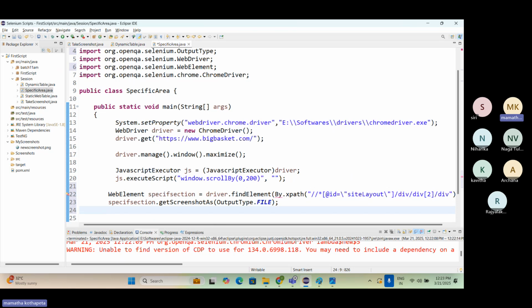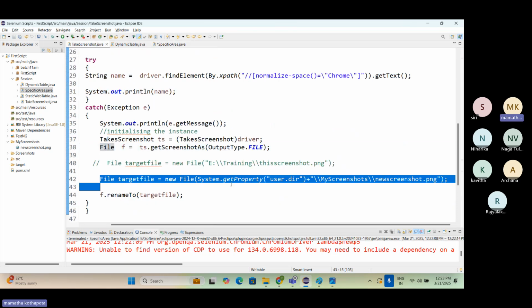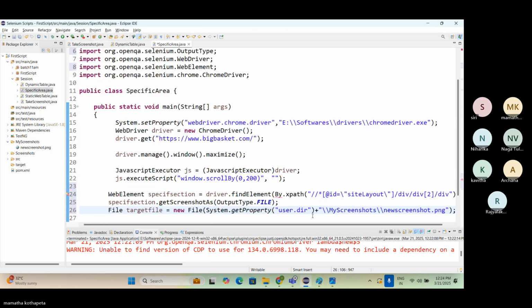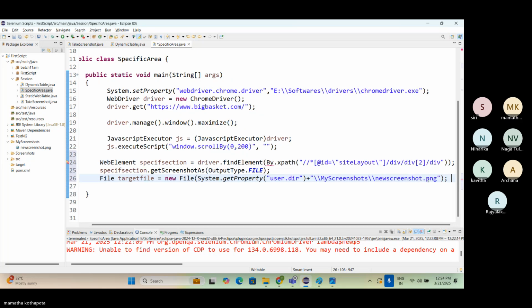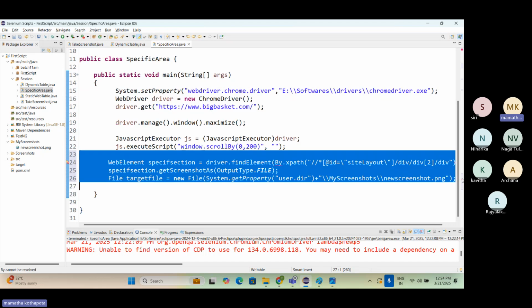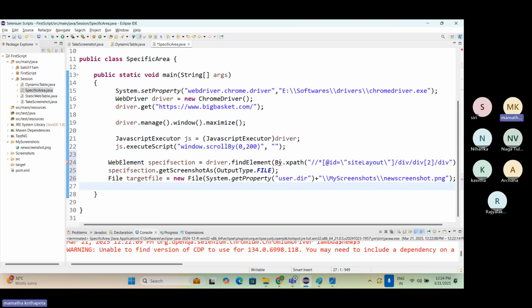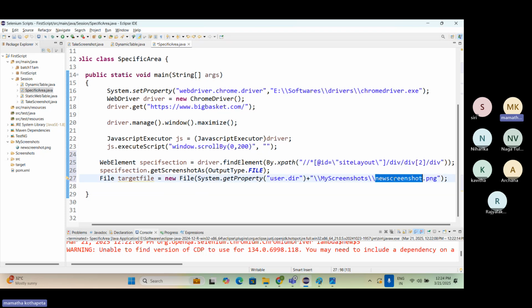Right. What's the next step? We have to pass this one. Correct. Right. Now there is some error here. What is the error? Okay, By is throwing an error. Input. Right. Now, specific